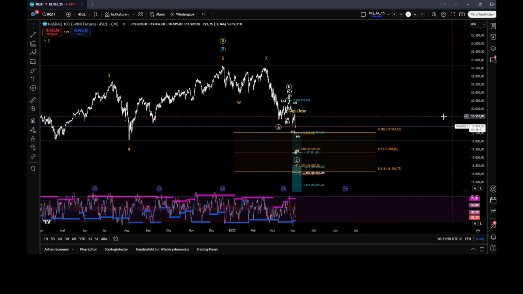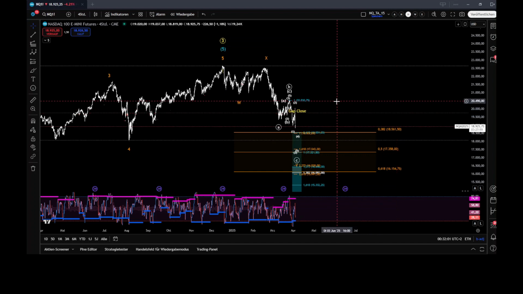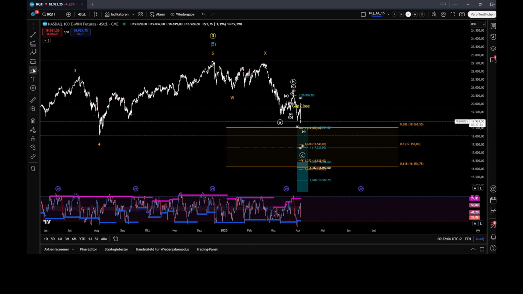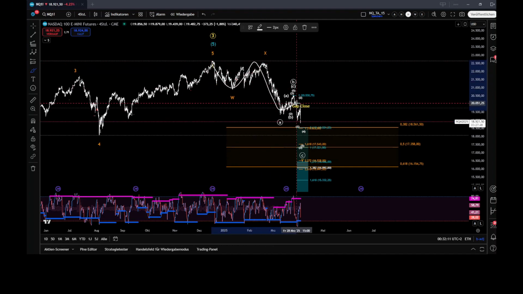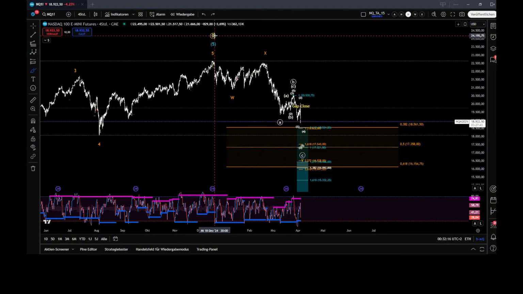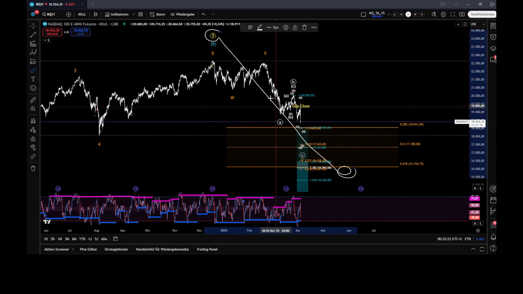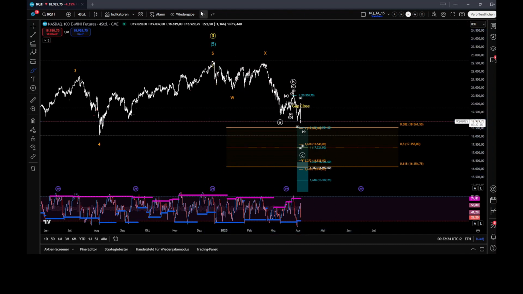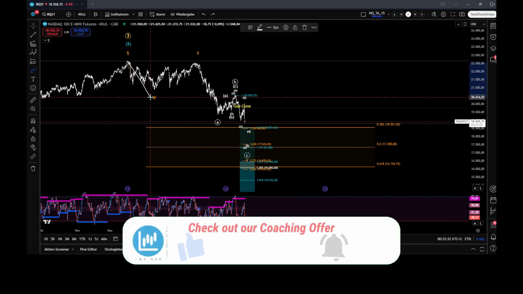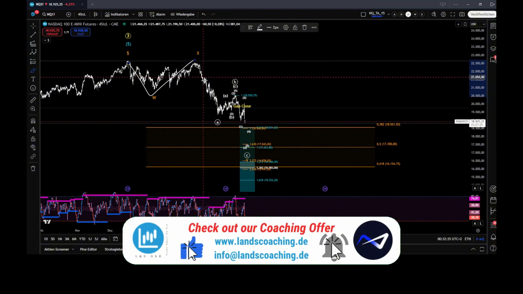This is a technical Elliott wave update for the Nasdaq 100. Regarding my last video, everything worked as planned, and we came down and started what I think is a WXY correction in a wave 4. The degree has yet to be determined, because I think we're probably in this fourth wave of primary degree pullback. That could shift, and we might have to lower that one degree, but for now, in this correction, we probably have done our wave W, our wave X, and we are in the stages of the Y